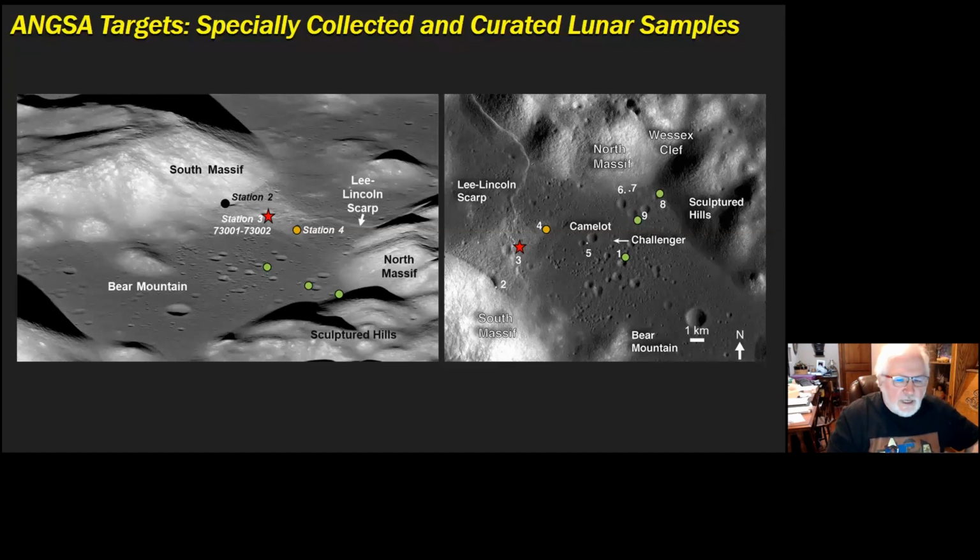just again illustrates the location of the Station 3 double drive tube 73001, which penetrates a light mantle deposit, which is a landslide deposit coming off the South Massif. So it represents material from the South Massif and also material within the valley floor. This also illustrates the relative location of Station 3 with the Station 4 Shorty Crater, and you get two perspectives from both of these images. The next slide